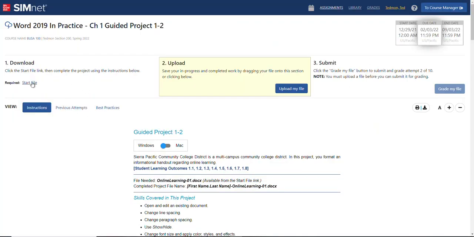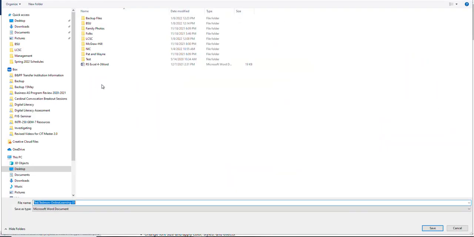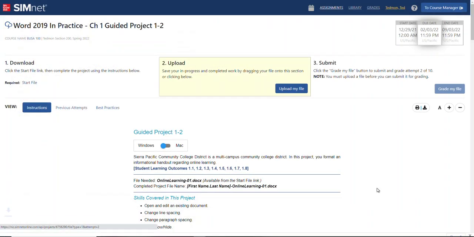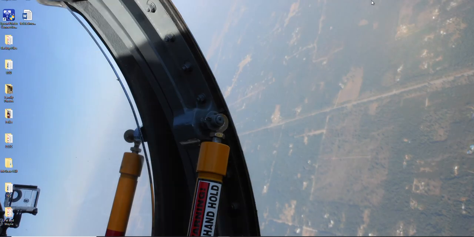The next thing I have to do is download the start file. To do that, just click on this button, download it. I always download to my desktop, that way I know right where it's going. So I'm going to save and just verify that it is on my desktop. Sure enough, it is. I'll open it from there,